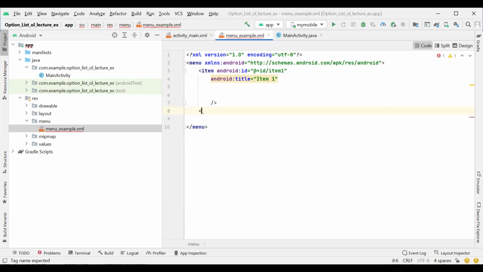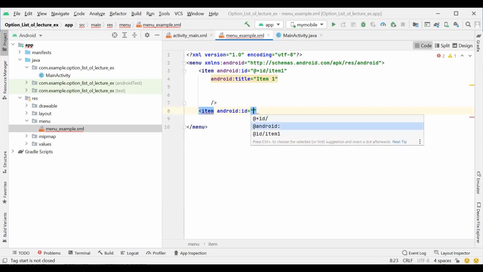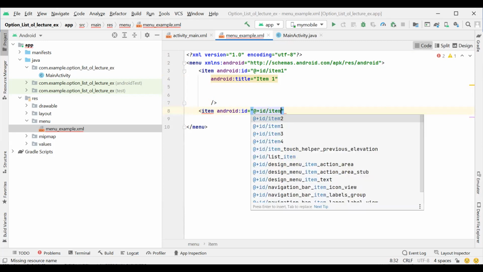After that, we create one more item. We specify its ID, which is item2.